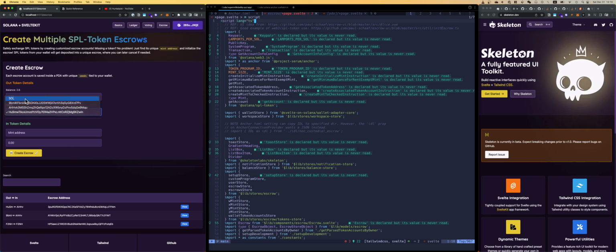If I wanted to initialize another escrow, say for this token, for example, I want more of this. Right now I have this hack where I just copy and then paste that. Obviously, this is not the best UX, but I want that token, and in exchange, I'll say 0.5 of this token for 1 of that token. And if I hit create escrow,